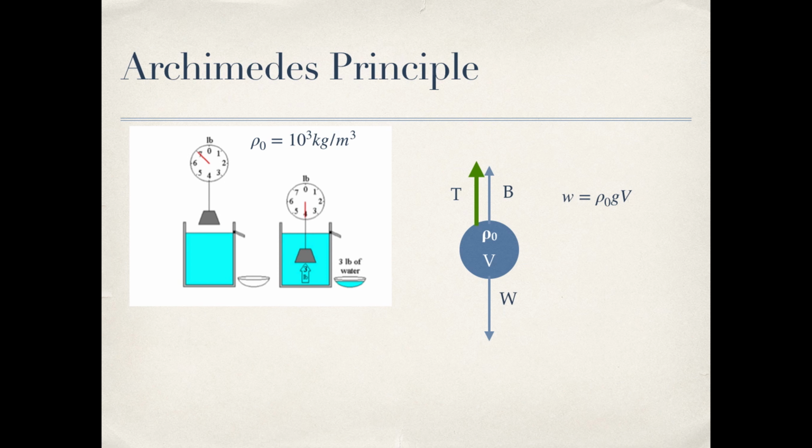But if there is water, then there is an additional force called the buoyancy force, that is why it's denoted by B, which is acting up, and this buoyancy force is the